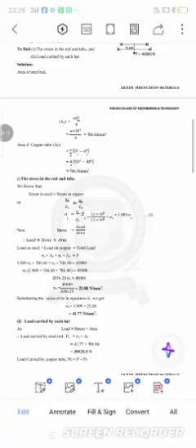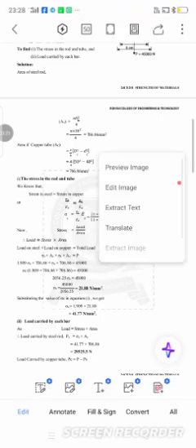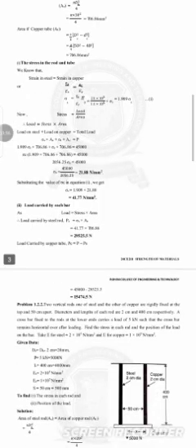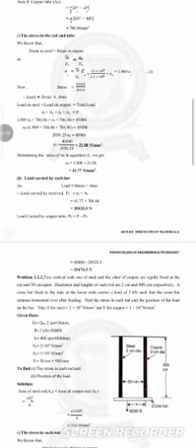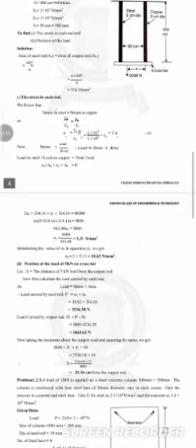And the total load will be the load on steel plus the load on copper. The load is nothing but stress into area. From that expression, we can find out the stress. The load carried by each bar can be calculated using this. Load is equal to stress into area. The stress is already computed for copper and steel separately. Then we can find out the load carried by each bar. Okay, do the next problem. If you have any doubt,